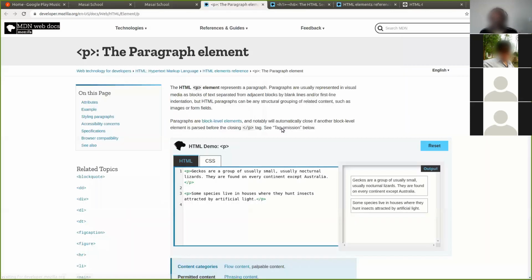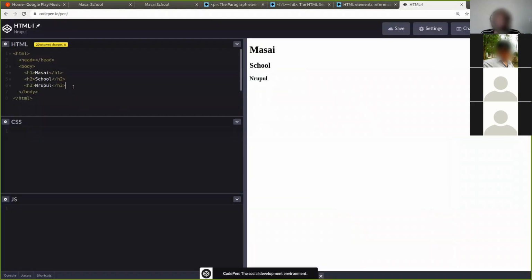A paragraph is a block of text which has a little bit of space in between, like you see in your textbooks. This is where you use most of the things when you have a lot of text. For today, you don't have to worry about how they look. This is a first data. It's a bad habit, I should close the tag once I open it, but I'm not doing it. So this is how the paragraph looks.